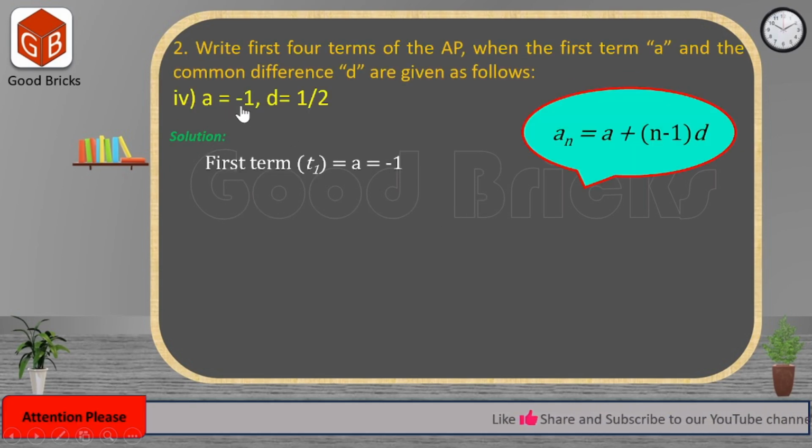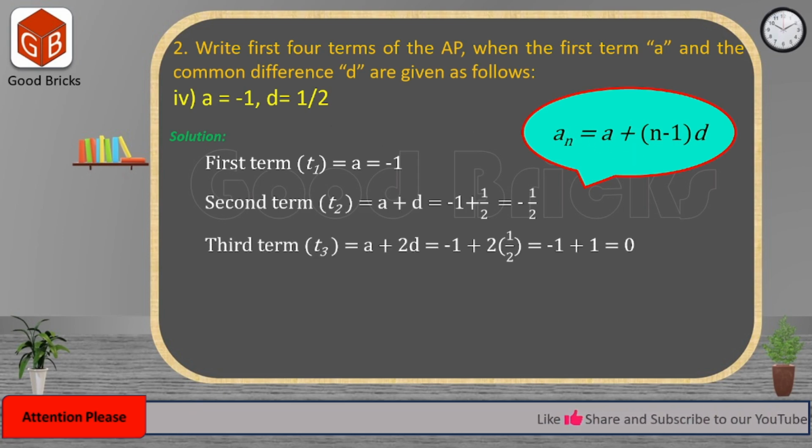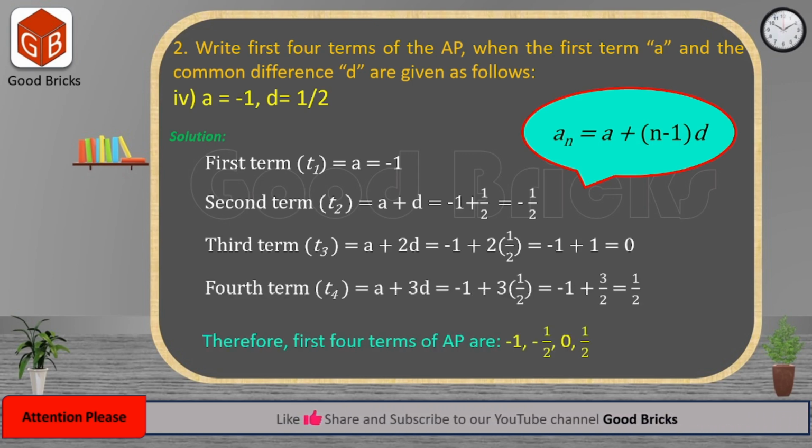Now let us solve the fourth bit. They have given a is equal to minus 1, d is equal to 1 by 2. So using this formula, let us find term 2, term 3, term 4. So after simplification, you will get minus 1, minus 1 by 2, 0 and 1 by 2 are our first